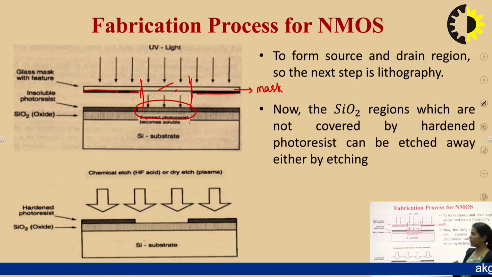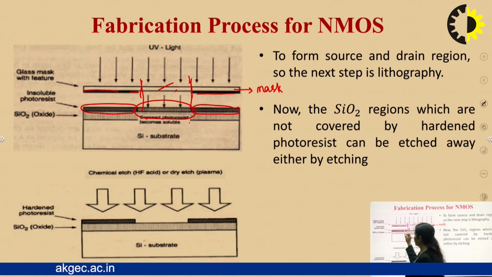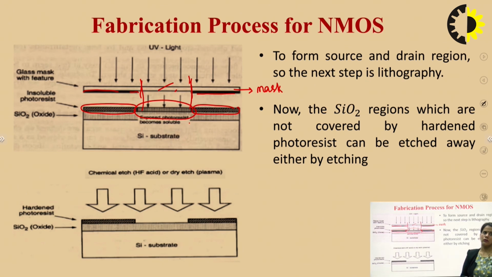Here we have applied the photoresist. The areas which are exposed to the ultraviolet radiation become soluble when immersed in the solution, and the rest of the areas of this photoresist get solidified. This is how it is possible to protect certain areas from the radiation. Here, this is the oxide layer, this is the photoresist, this is the mask, these are the ultraviolet radiations, and the exposed photoresist becomes soluble. It's written over here.